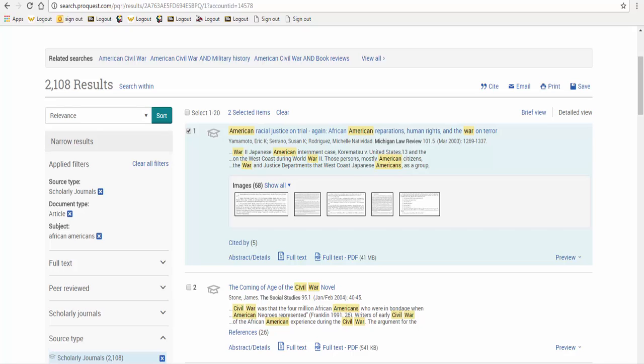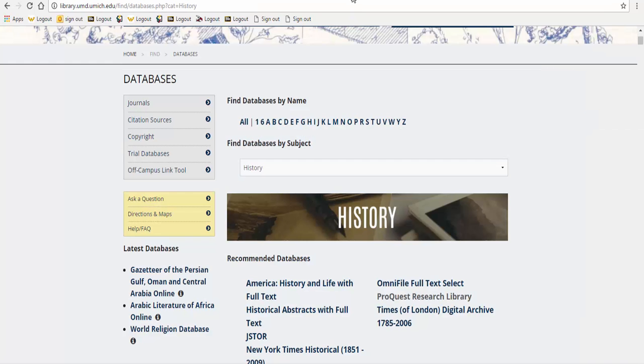So that is it with respect to the ProQuest Research Library. I do believe it is a pretty straightforward database that with a little bit of usage you will get really used to using it. Now I want to go back to the history section and recommend some other databases that